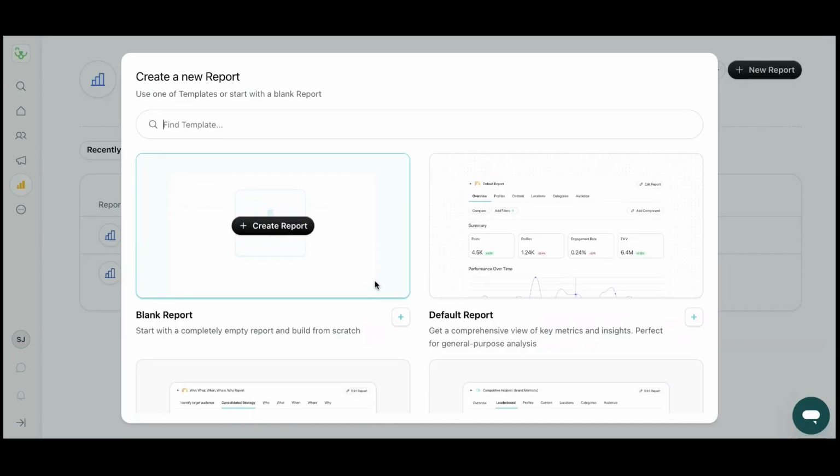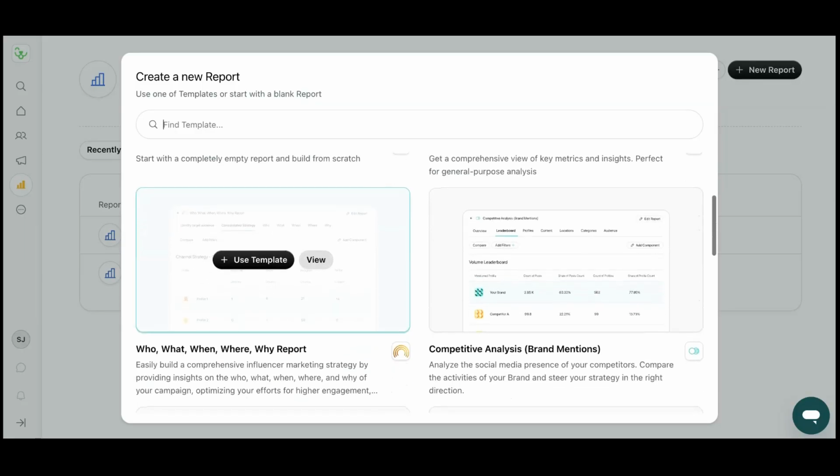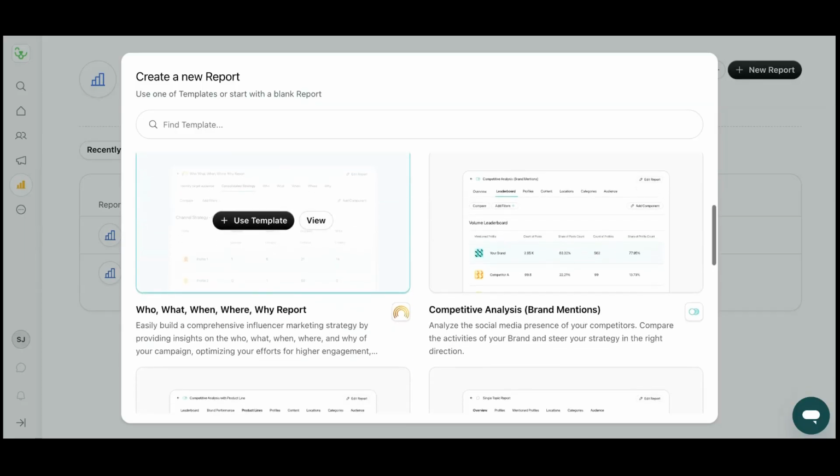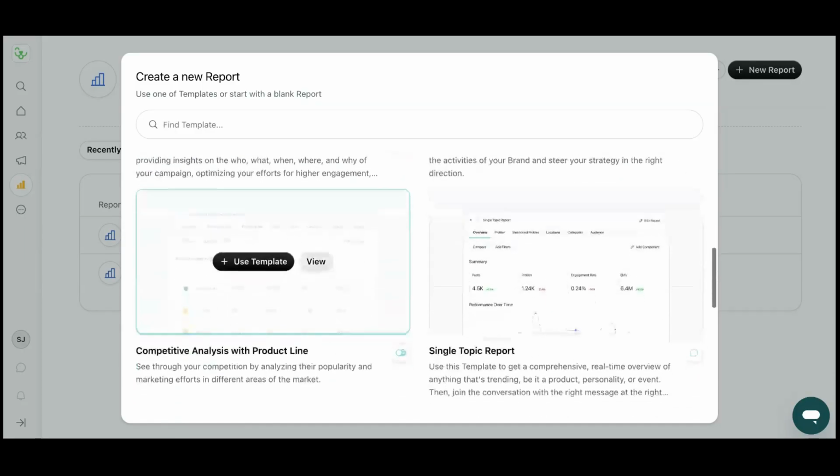Within reports, you can answer questions like, how does my influencer strategy compare to my competitors? What does good performance look like for my brand or category? And which creator sizes, platforms, or content types are driving the most success for me as well as my competitors within my cohort? We offer several pre-built report templates designed around common use cases, such as competitive analysis, single topic